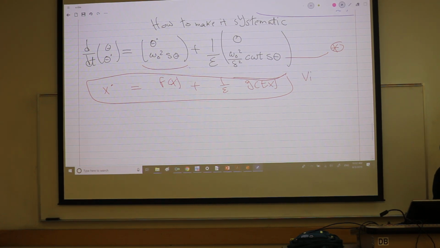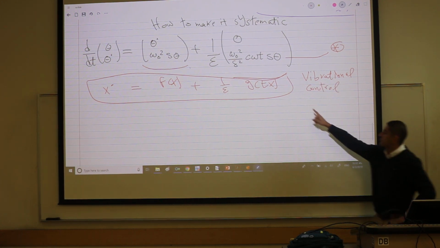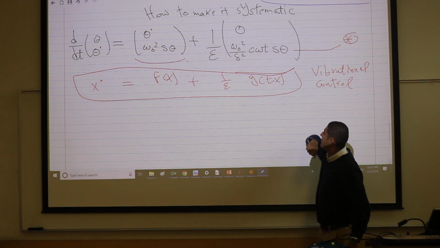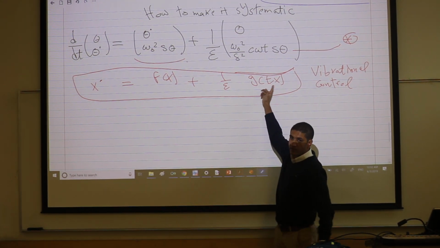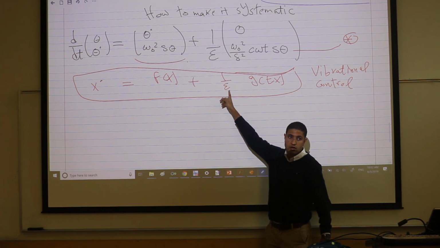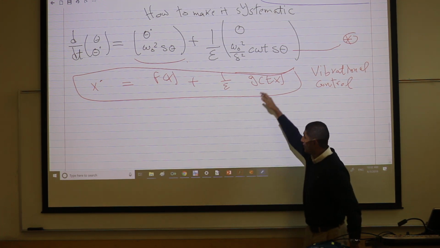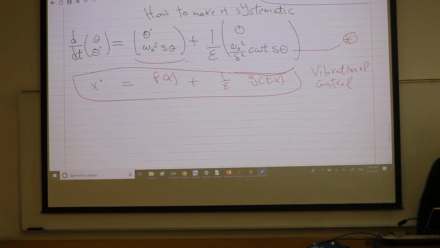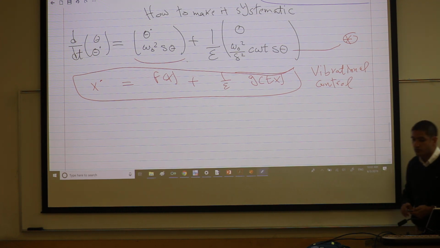For what we call a vibrational control system, we have time variation that we will vibrate by high frequency, but it's not only high frequency, it's also high amplitude. So high amplitude, high frequency periodic forcing. Okay? I can't apply averaging to this system because there is no epsilon in front, and even if I do